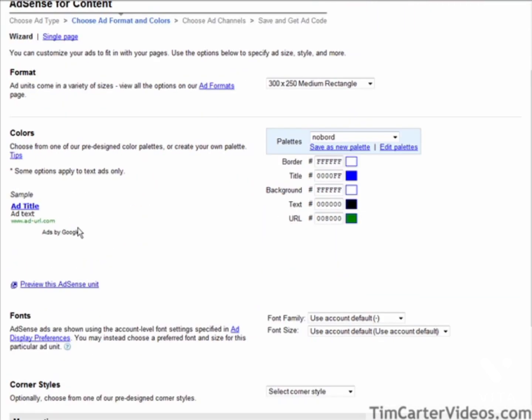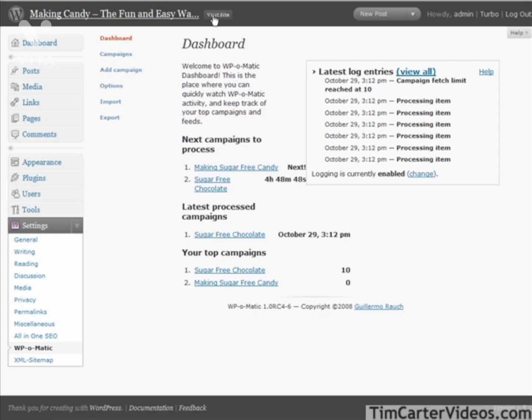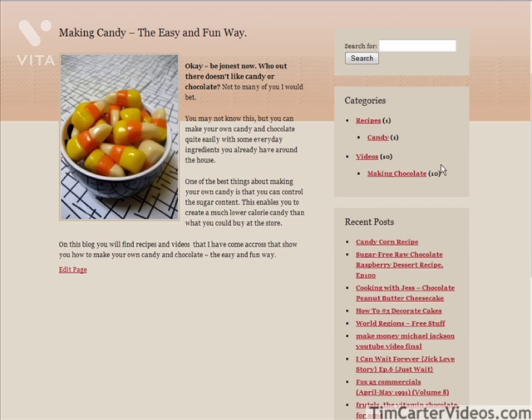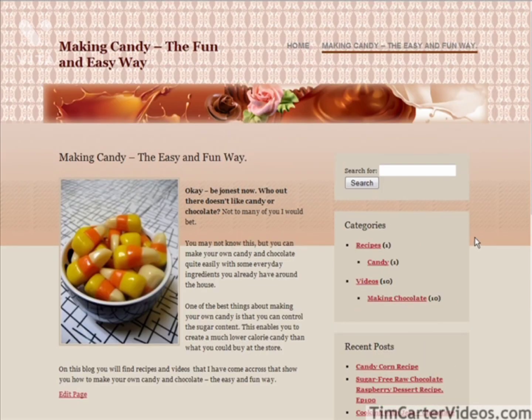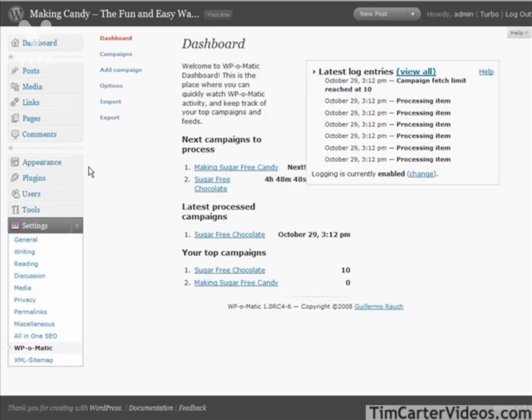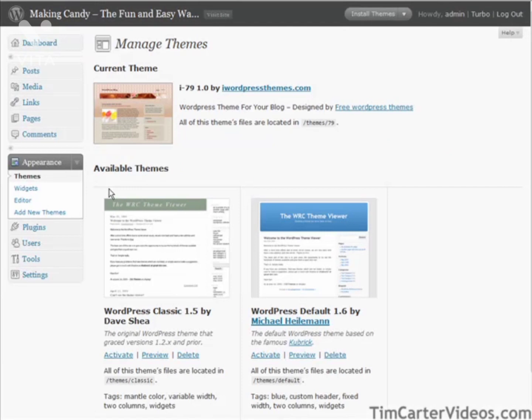Now colors: what we want to do is try to blend our colors in the best that we can here. So let's go back to our blog. Let's bring it up here. First we're going to put an AdSense unit right in here. What we want to do is get this background color here, and to do that we can go to the style sheet. So if we go to Appearance and then we go to Editor,